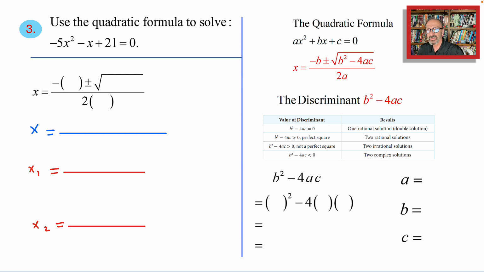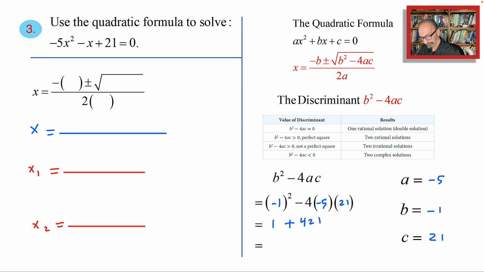Solving minus 5x to the second minus x plus 21 equals 0. To identify a, b, and c, we have a equals negative 5, and b is negative 1, and c is positive 21. b squared minus 4ac will be minus 1 to the second, minus 4 times a, that's negative 5, times c, which is positive 21. That's a 1, plus, because I have 2 negatives multiplied together, plus